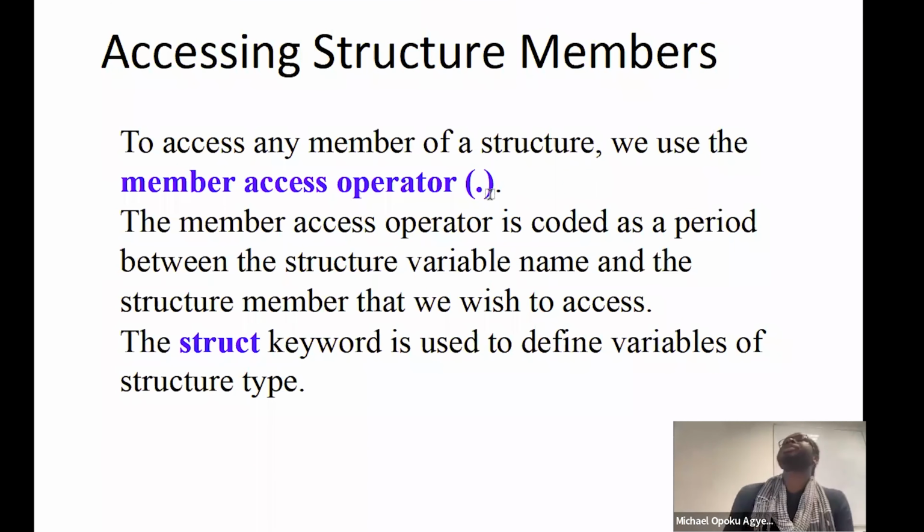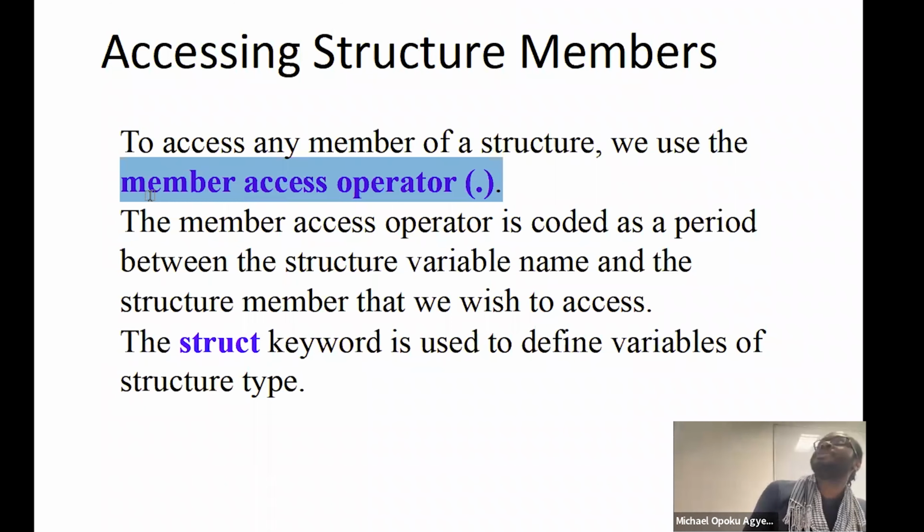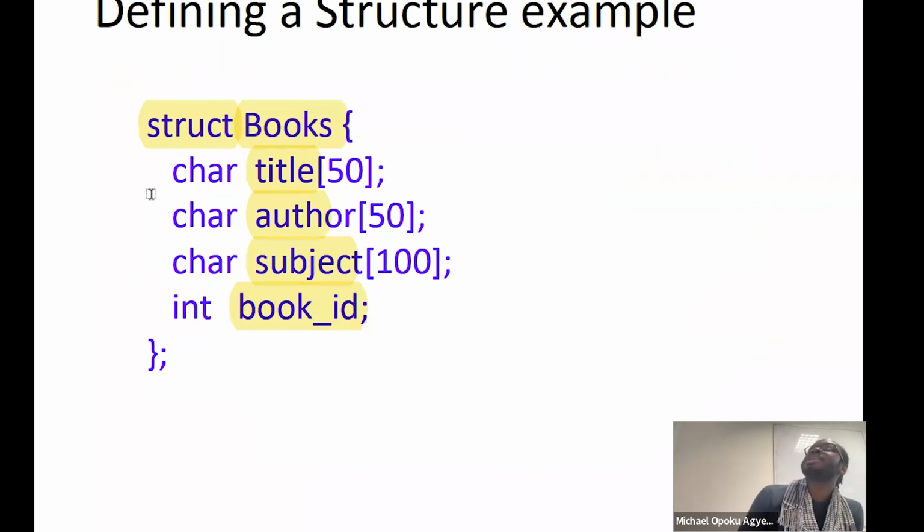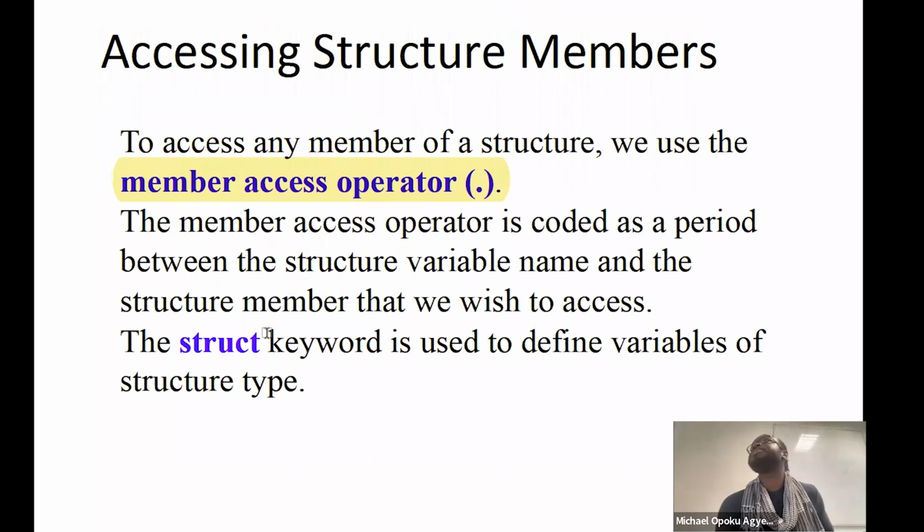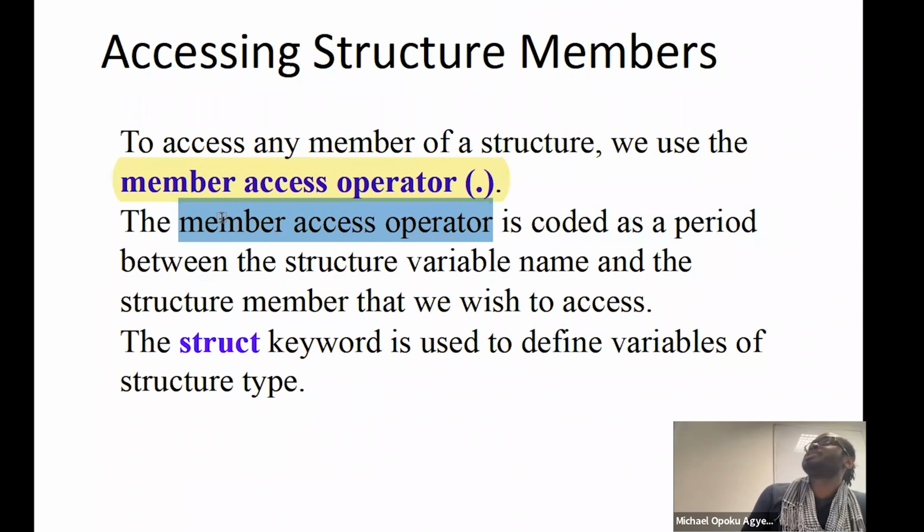Let's walk through it. As long as you use a dot operator, it allows you to access the members of the structure we've created, for example. And the members are the title, the author, the subject, and the book ID. So call it a member access operator, basically coded as a period between the structure variable and the names of the struct keyword is used to define